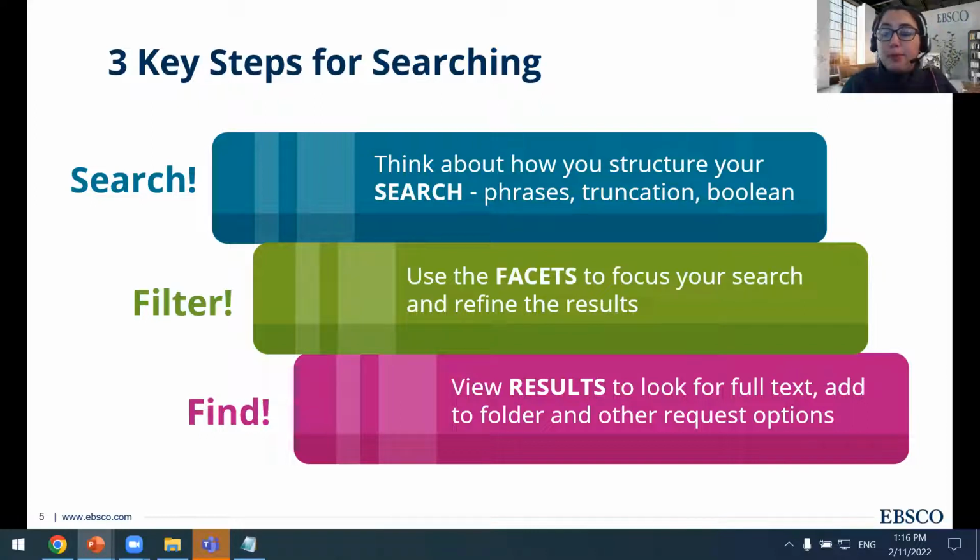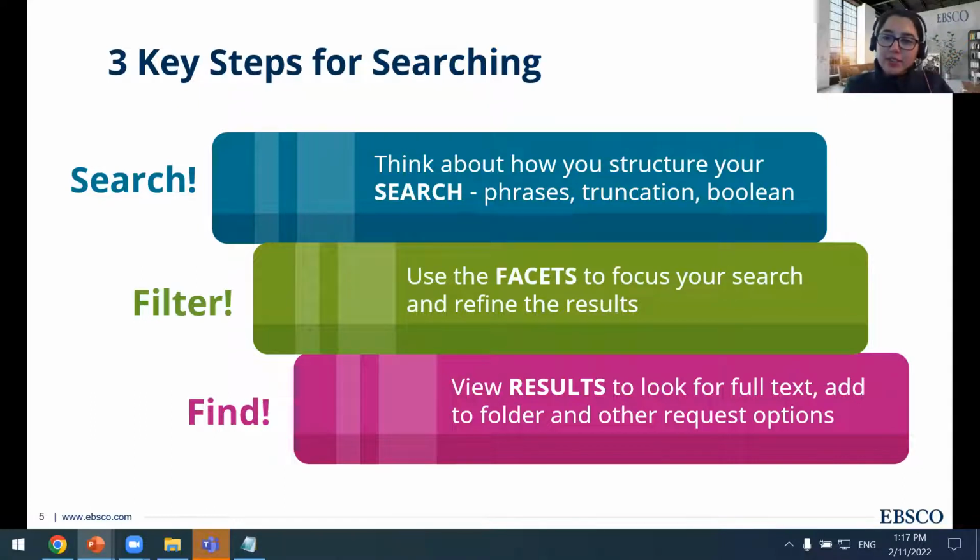So often the very important step is the first one. And in this case, this is where you think to yourself, what is my research question? What keywords should I highlight from this question because I want to search those keywords? Do those keywords have other similar words that I can interchange? Do they have any synonyms that I can use? Am I going to use and between these keywords so I can search for them together? Am I going to use or so I can search across synonyms? Are there other search techniques I want to use? Do I want to search some of these words as phrases, as truncation, and so on?